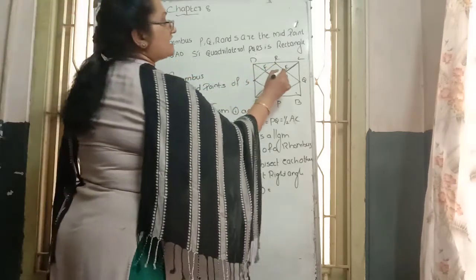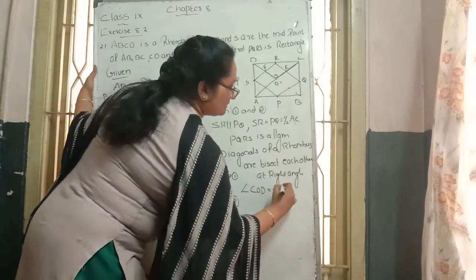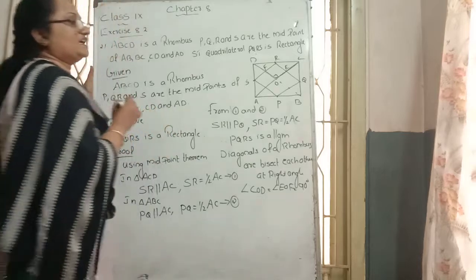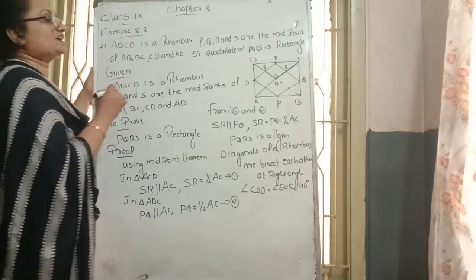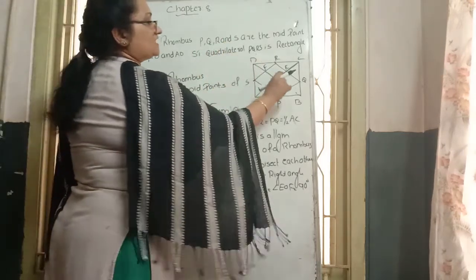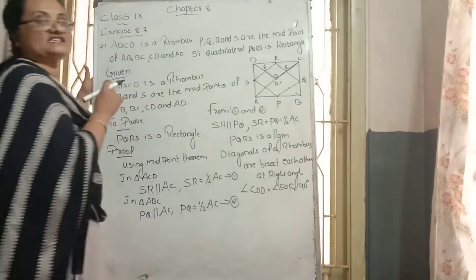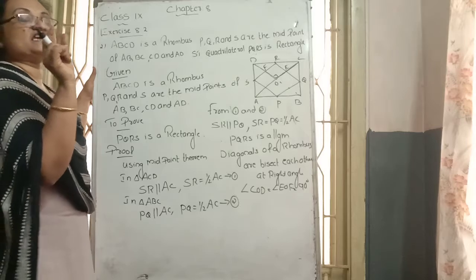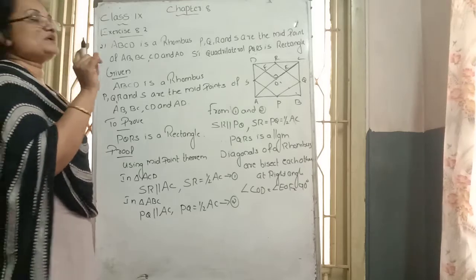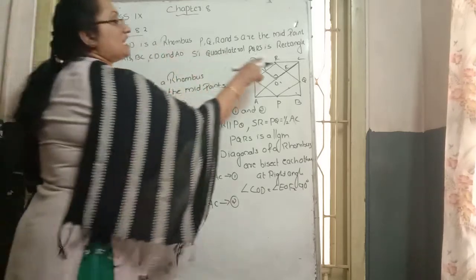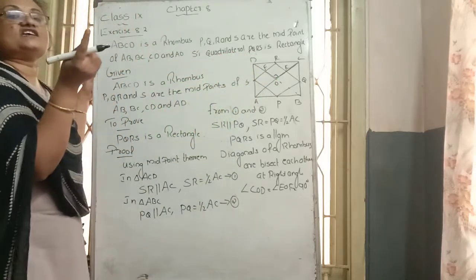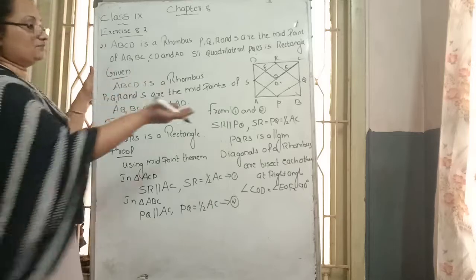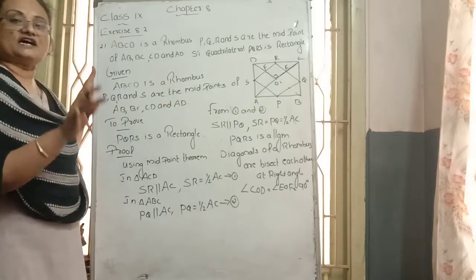That's why we can say angle EOF also becomes how many degrees? 90 degrees. They make a 90 degree angle. Then, using the midpoint theorem, our aim is this: there are 4 parts here, 1, 2, 3, 4, and we take any one part, apply the midpoint theorem and prove that angle R becomes how many degrees? 90. If any one angle becomes 90 degrees, then PQRS, which we proved earlier is a parallelogram,